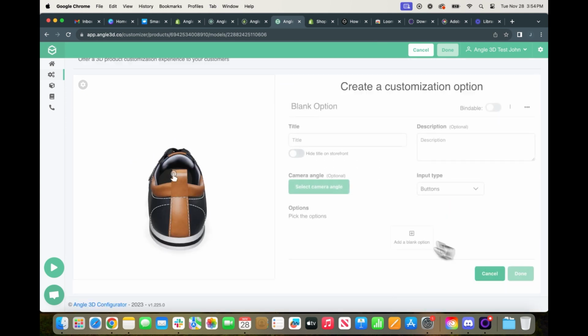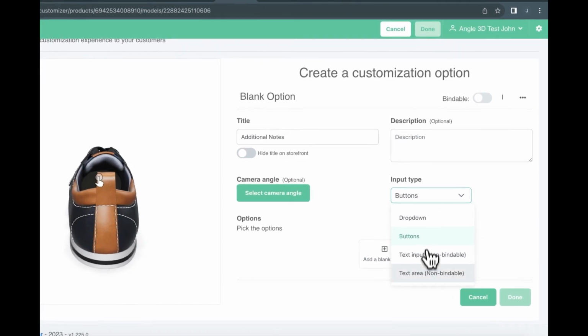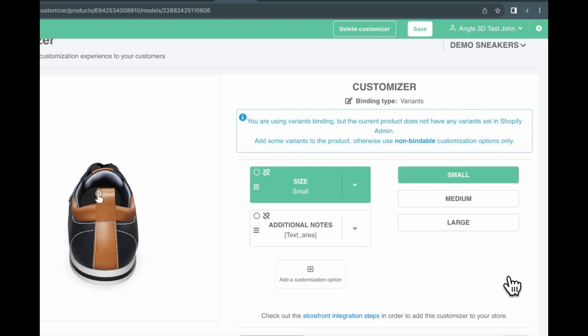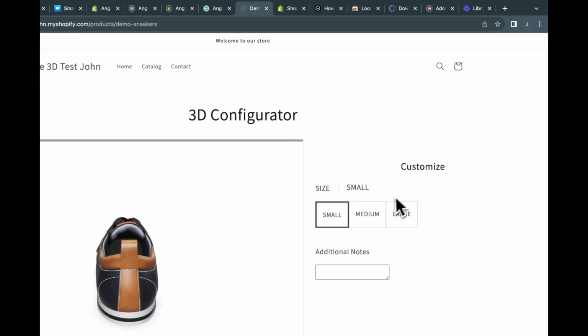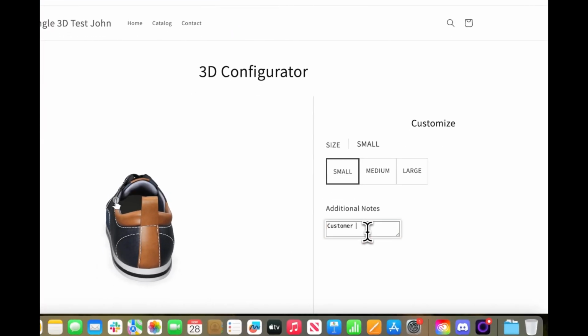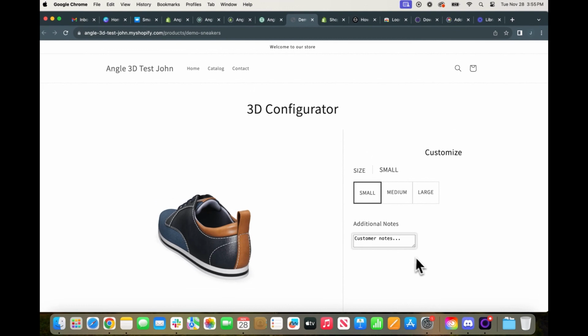Go ahead and select the blank option again, and we're going to add additional notes to the title. Under the input type, select text area. This will allow your customer to add notes to the order, and it'll be reflected in the